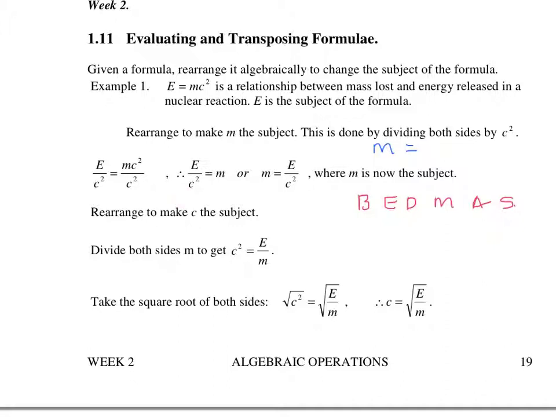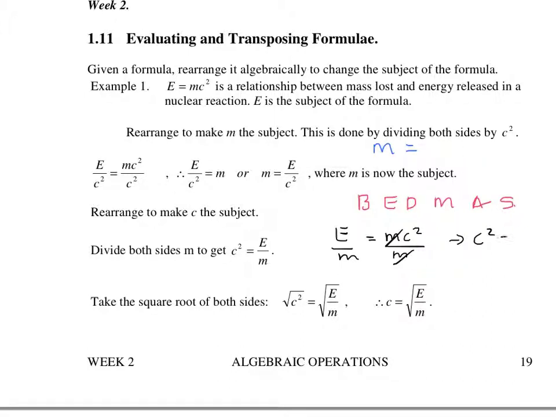To make c the subject of the formula, then we need to undo the exponent as well, but remember you can only undo that after you undo any division or multiplication. So by dividing both sides by m, let's just do it here because you're probably not following this very well. So we've got E equals mc squared. We want to make c the subject, dividing both sides by m. The m's will cancel out on the right hand side, so you'll have